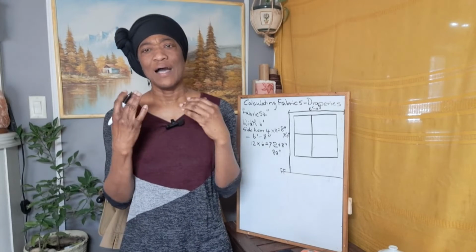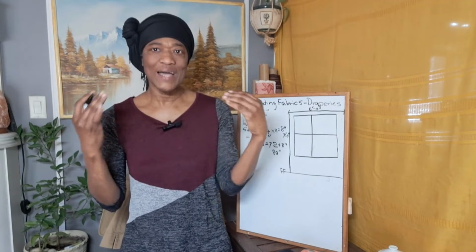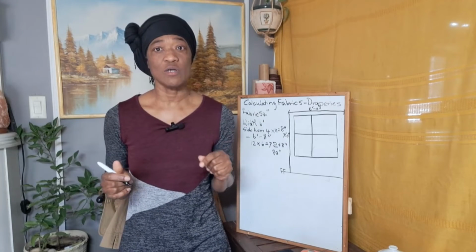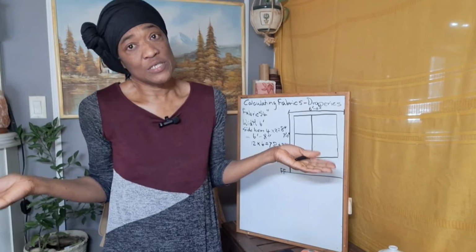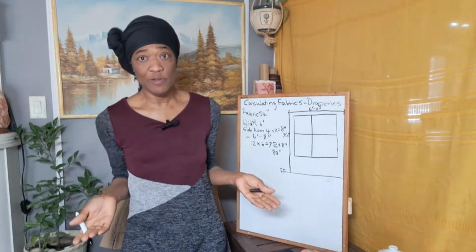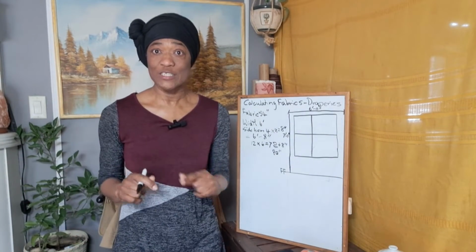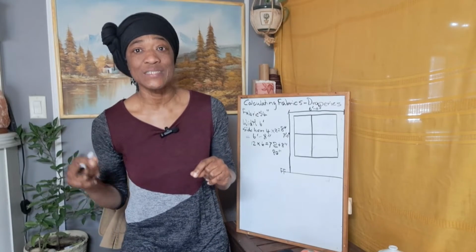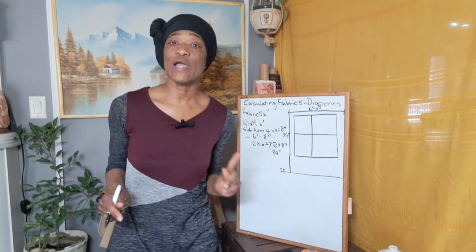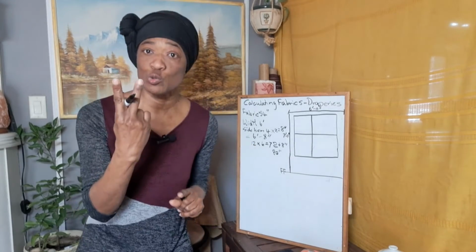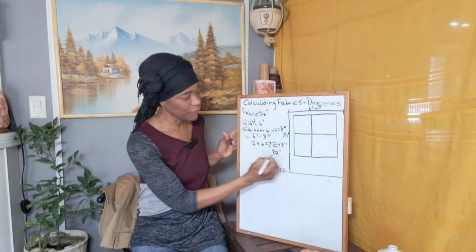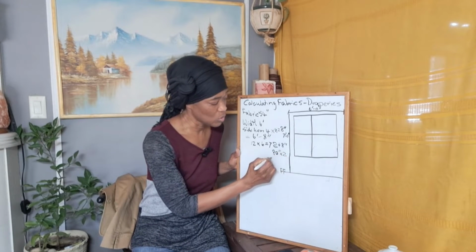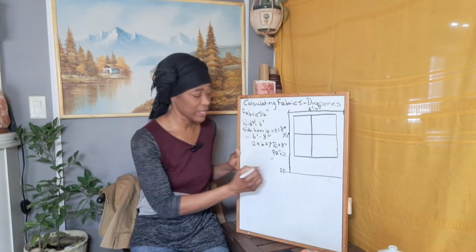Now, a double fullness will give you a decent amount of gathers. So let's just do a double fullness. When you're doing your calculations, if you want to do a triple fullness, then go ahead and use a triple fullness, which means that you will multiply by 3. Here we are going to multiply by 2 because we are doing a double fullness. So we'll multiply the 80 inches by 2, and that equals